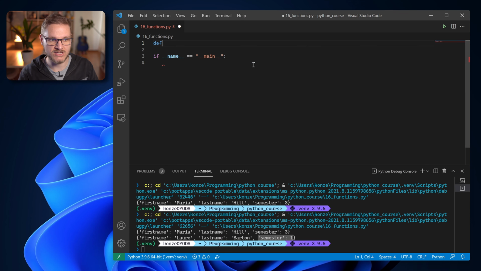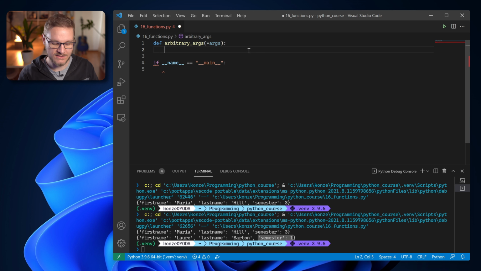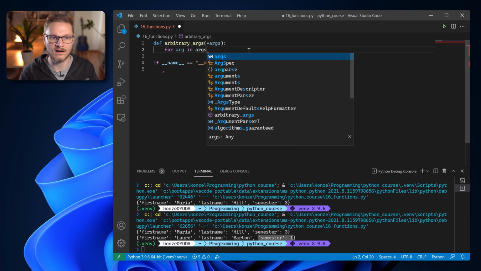So let's start off with a function def arbitrary args, and then we enter our parameter. However, the parameter is not just a name. The parameter gets an asterisk in the front, and this tells the Python interpreter that this function takes an arbitrary number of parameters. And usually those are called star args. And if you want to access those, you just use a for loop, for arg in args, and then we